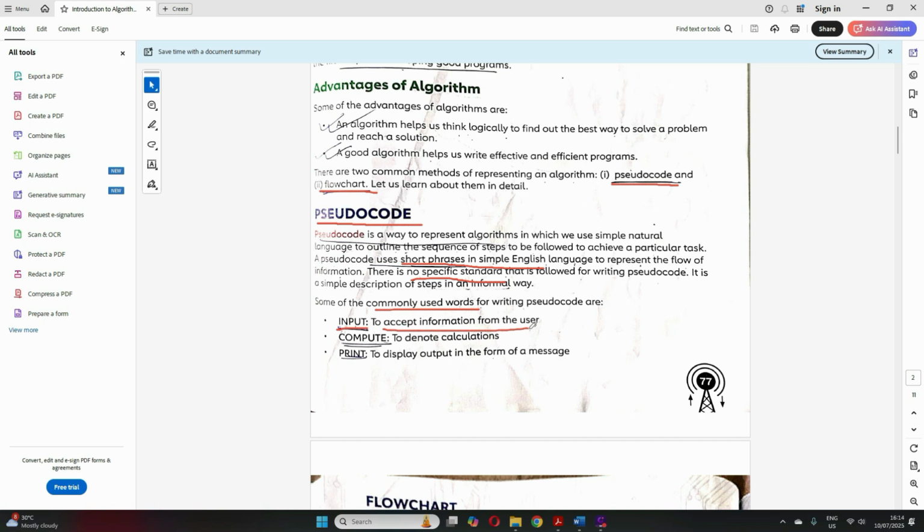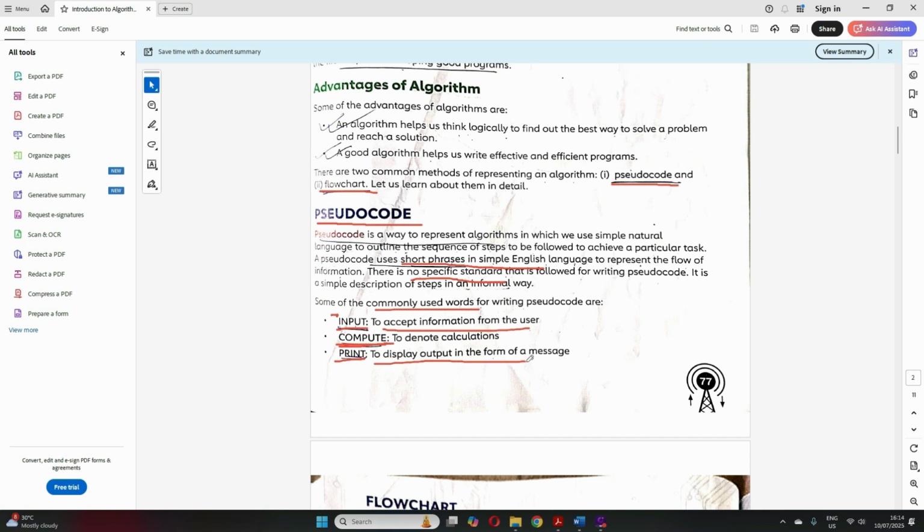Then you have to add those two numbers to find the summation, so for that you will compute, you will perform a calculation. So the second step will be to compute with those two numbers that you got in this step. And the third will be, after computing and taking out the summation, I need to display that to the user, so I will print it to display the output message.